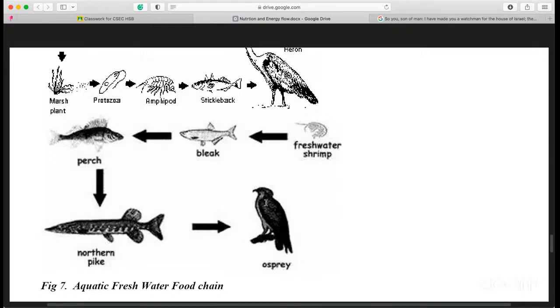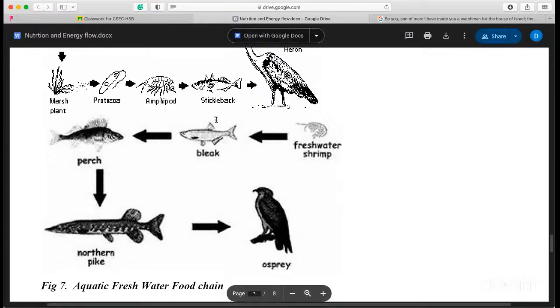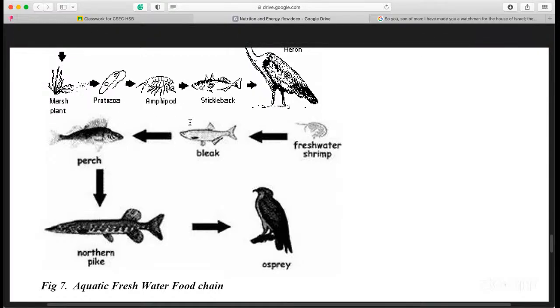So we see where they have more than the four trophic levels. They have more than the primary, secondary, tertiary, quaternary. They have more, right? Because less energy is lost to heat, so therefore more energy is passed along compared to what would happen on land, right? So yes, please learn some of the typical plants you see in the aquatic systems, typical names of organisms,